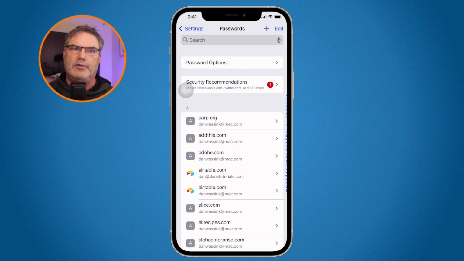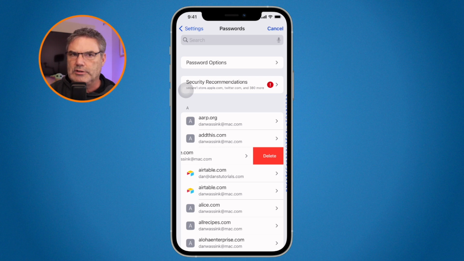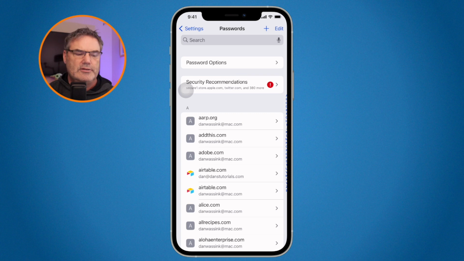Now, in your case, you can't go and change it. So in order to stop getting that alert, you can find it in this list, swipe to the left, and delete it. Then it's no longer storing that password. The big thing is just to make sure that none of your other accounts are using that same password. If it's listed in that site, make sure it's not the same password.